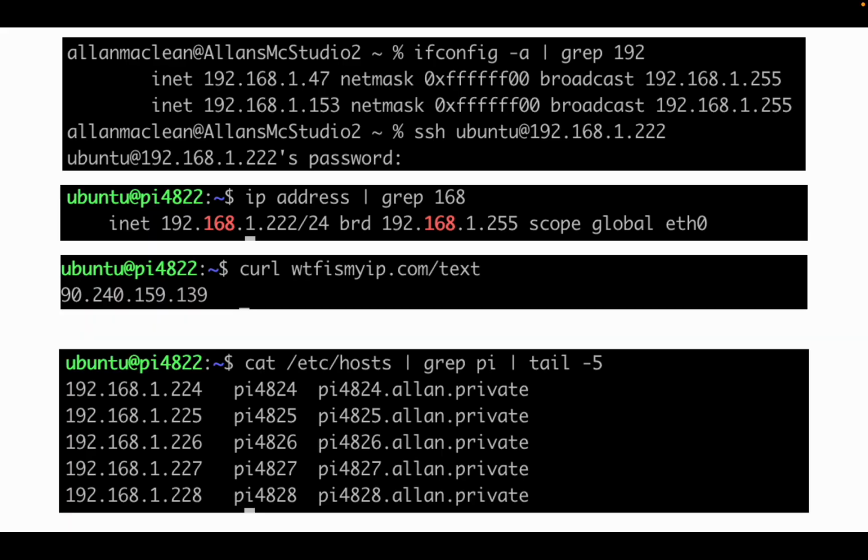So this is how to find your IP address. The first command is running on my Mac Studio, and it's ifconfig -a. That shows all about the interfaces. And the pipe to grep 192 just lists the lines with 192 in it. So my Mac Studio is actually on